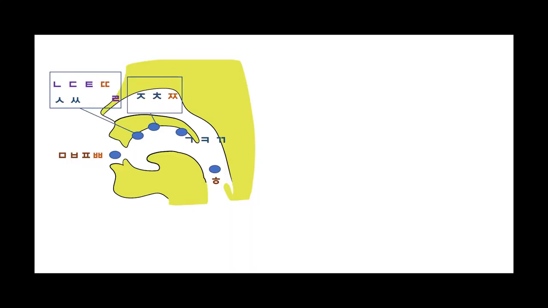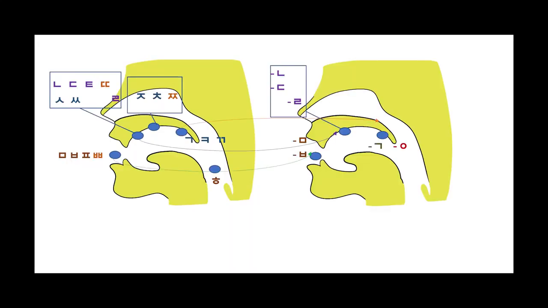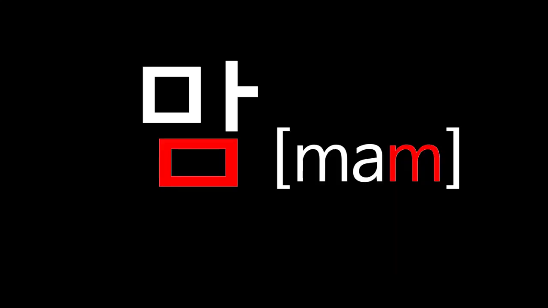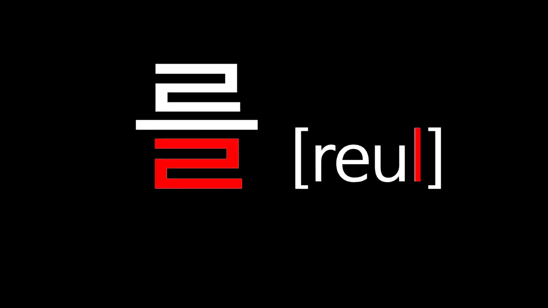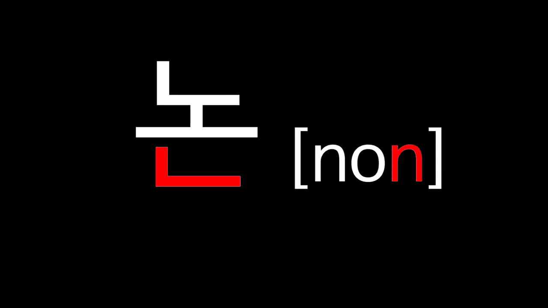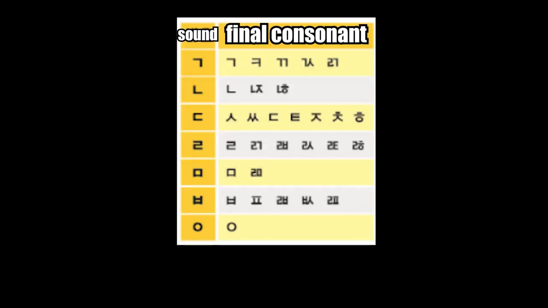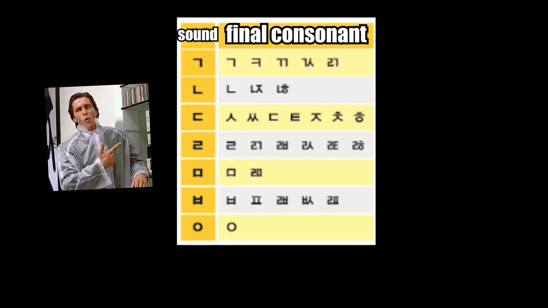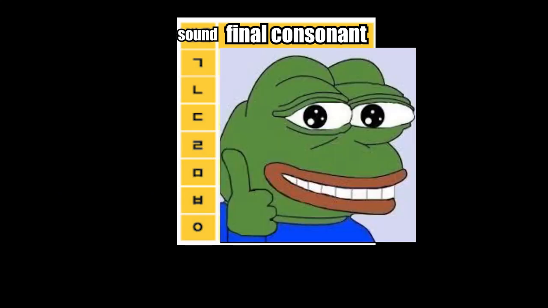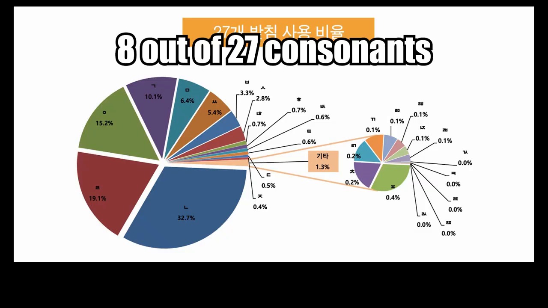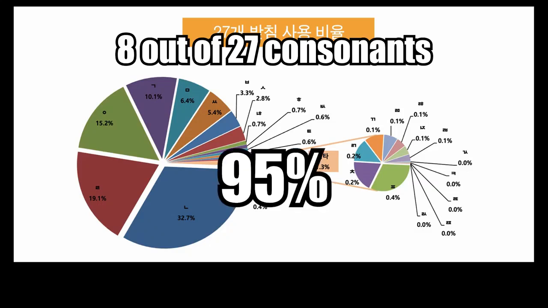There are 18 initial consonants and 7 final consonants in Korean. A total of 27 letters are used as the final consonant, but in Korean only 7 are pronounced as the final consonant. In the early stages of studying Hangul, learn the 7 letters that are often used first. 8 out of 27 final consonants are used 95% or more.